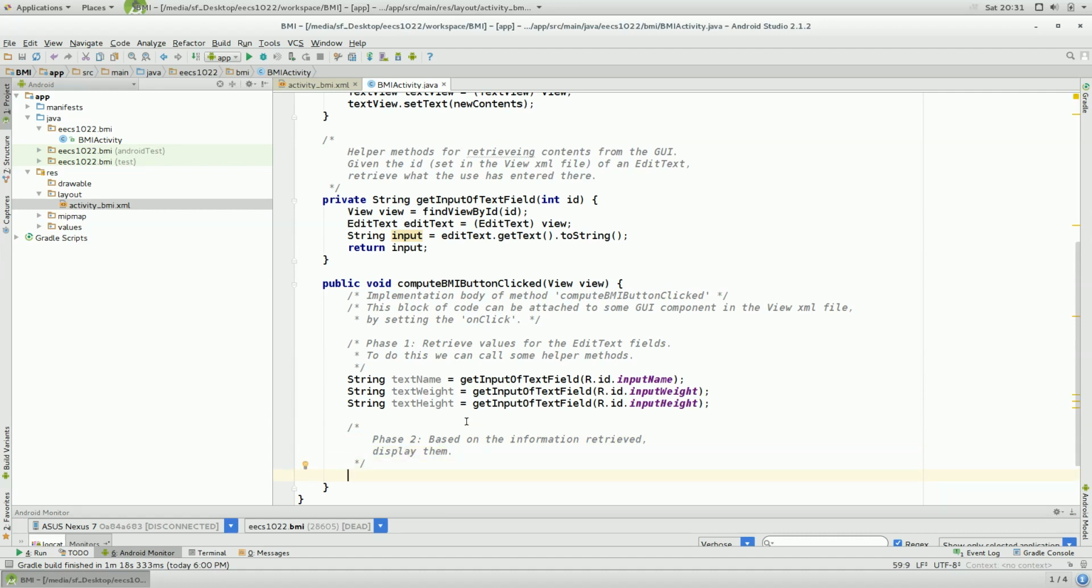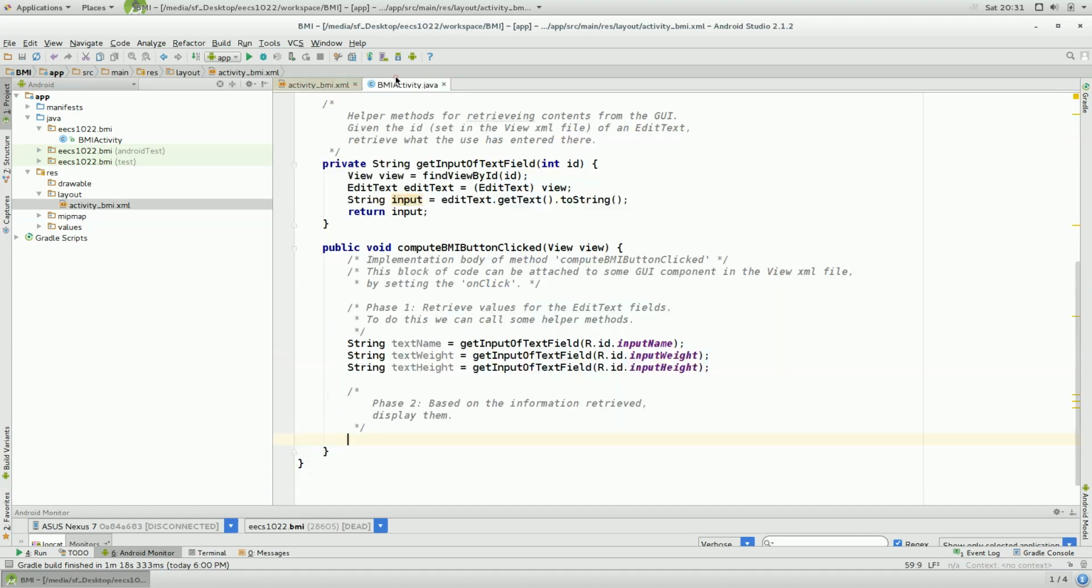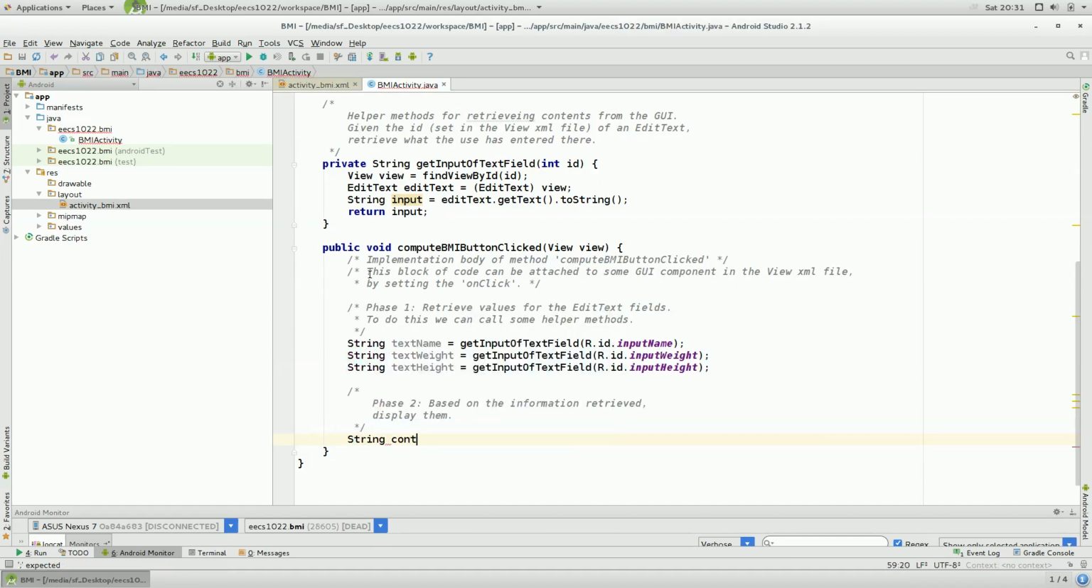Okay, how do we display? The way we display is by changing the contents for the answer text view. Okay? How do we do that? Let's say string and then I'll just say contents over here. I can make it very easy. So let's say we already got the name, the weight, and the height. So text name